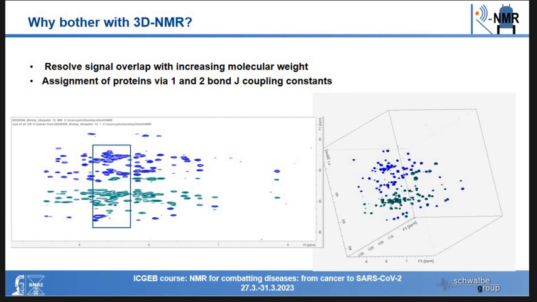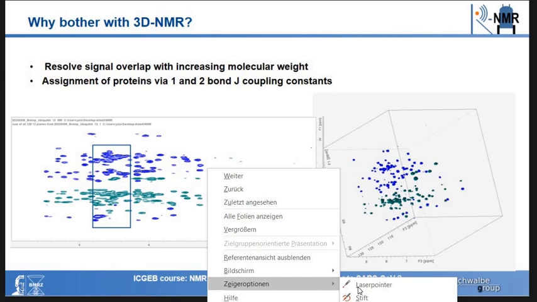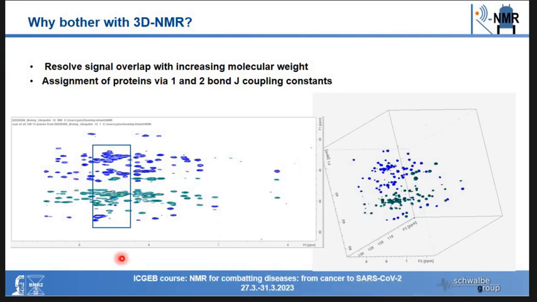So, why bother with 3D NMR? Because if we look here at this spectrum, it's great, we don't see this. You don't see my laser pointer. So now you see it. If we look here at this 2D spectrum, it's an H-C carbon-proton correlation spectrum. We see there's lots of overlap, so we can't really say which peak is which. So we need to go to a higher dimensionality, to the third dimension, to resolve these